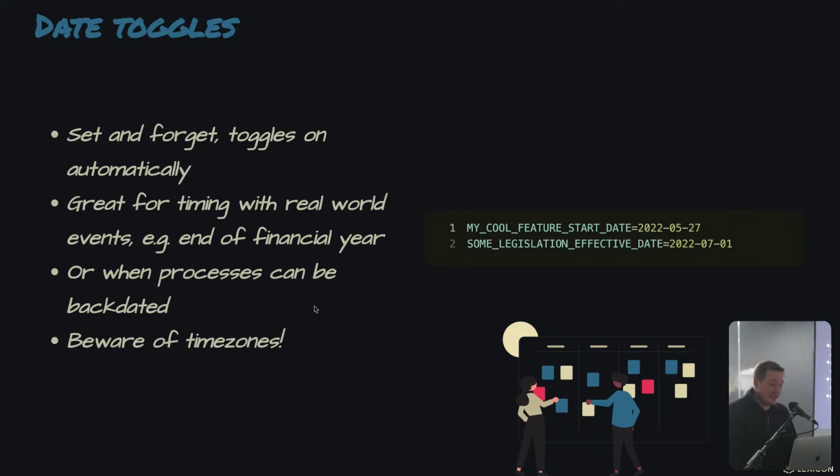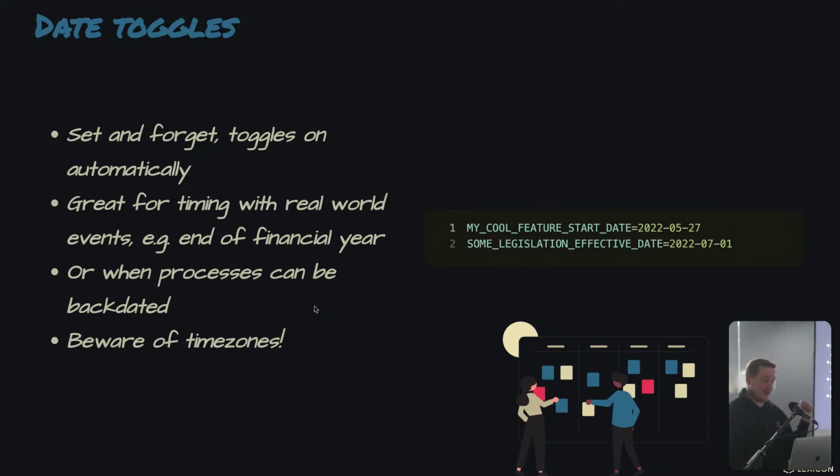Next one I've got is date toggles. Now, to me, this is the most underused and underrated feature toggle out there. They're very, very handy to set and forget. So when you add the feature toggle and you know what date you want it to go live, you can add it in early and you don't have to do anything after that. It will turn itself on as soon as the date passes. It's really, really handy. It's good for timing with real world events. So, end of financial year, the company's birthday, Christmas, those sort of things. If you've got a sale starting on a particular day, something like that, useful to